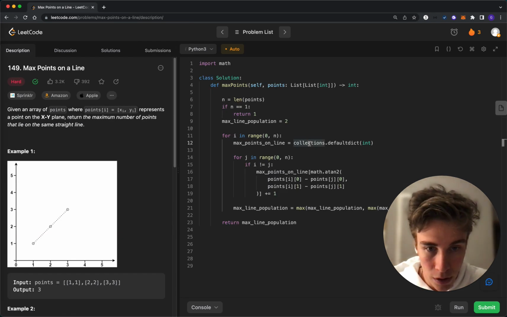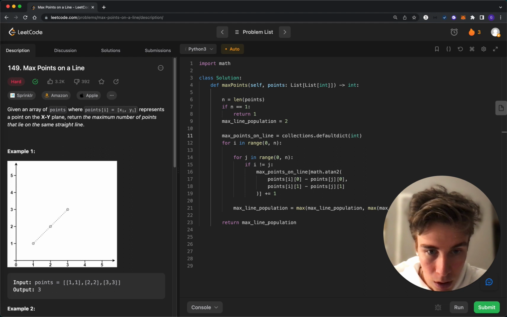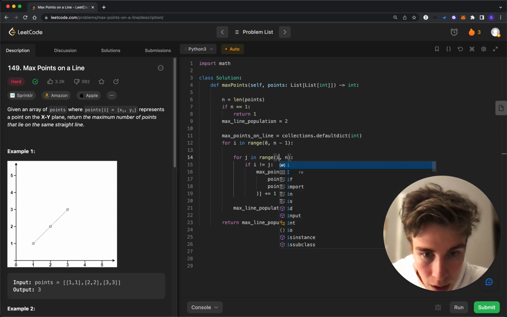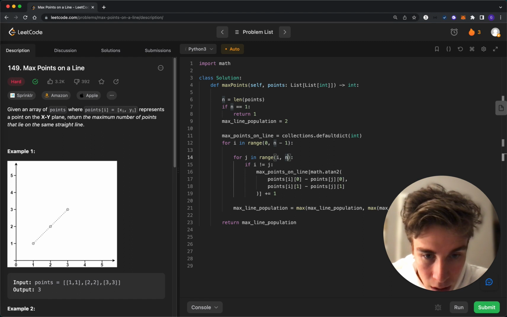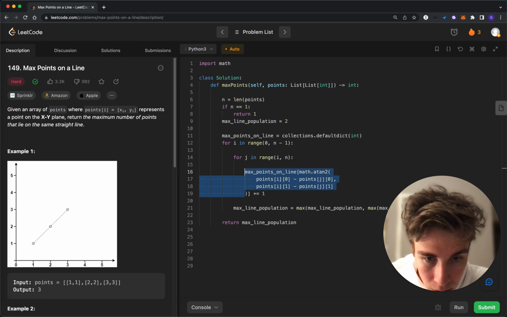And then I'll try to explain what I'm talking about. This is a default dict, and then we're going to go back to my original setup, which is 0, 1, I, n, and it will never equal,